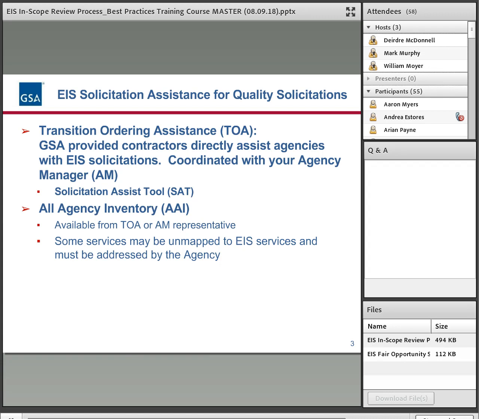It also provides a crosswalk to the EIS CLINs. So they do the best matchup possible by using that. In some cases, it may not be possible to match up. But I want to mention that resource is available.